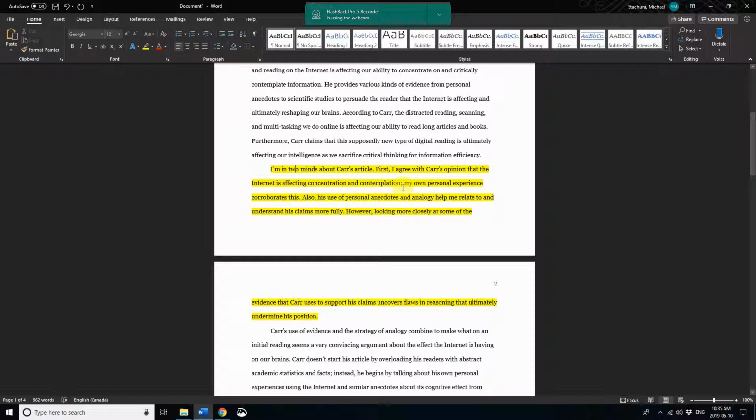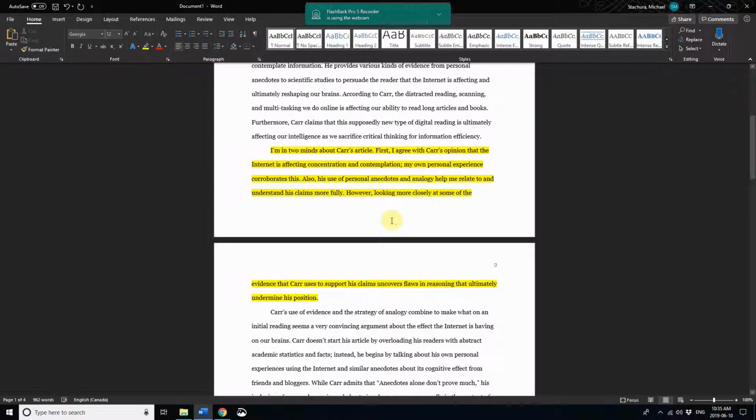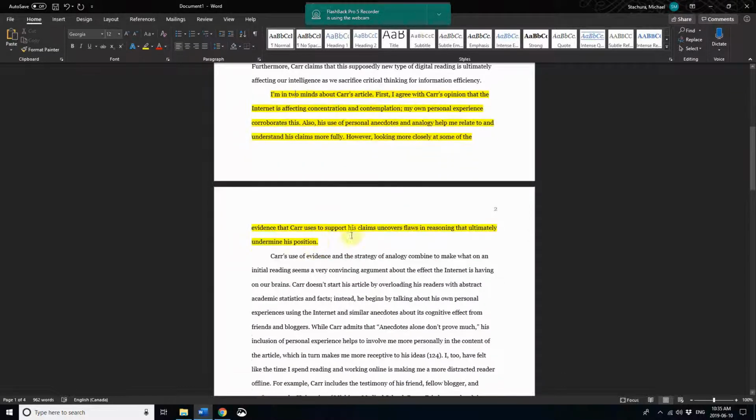My own personal experience corroborates this. Also, his use of personal anecdotes and analogy help me relate to and understand his claims more fully. However, looking more closely at some of the evidence that Carr uses to support his claims uncovers flaws in reasoning that